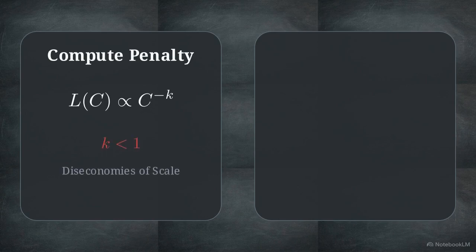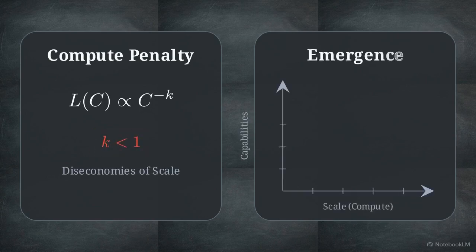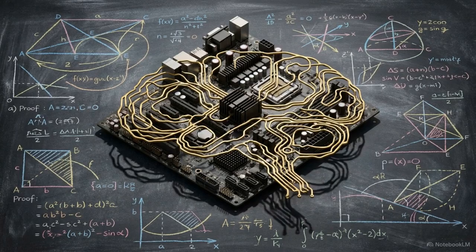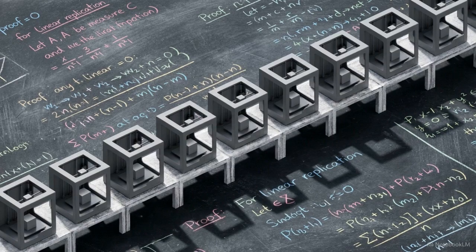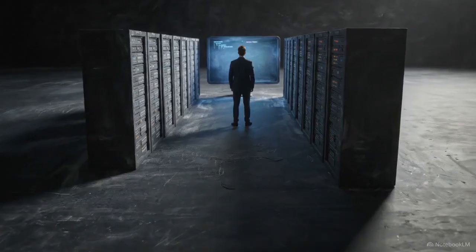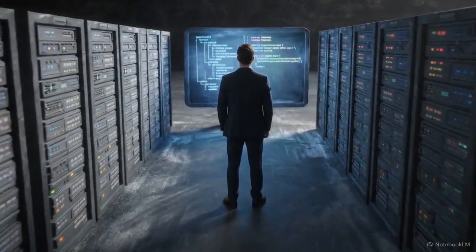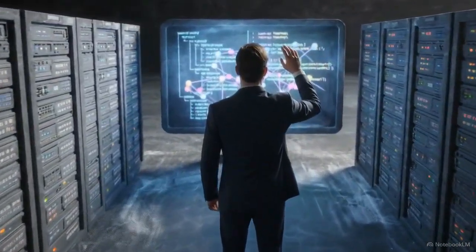AI development operates under an entirely different logic. Developers willingly pay the exponential compute penalty to push the system until it manifests nonlinear, emergent capabilities, like zero-shot reasoning or complex logic parsing. Any deviation from k equals 1, whether through physical friction or cognitive synergy, signals a system that is changing its internal structure rather than simply cloning itself. A value of exactly 1 is the mathematical limit of simple replication. AI scaling demonstrates we are willing to accept severe mathematical inefficiency, brute forcing a power law, to trade raw compute for the emergence of qualitative intelligence.